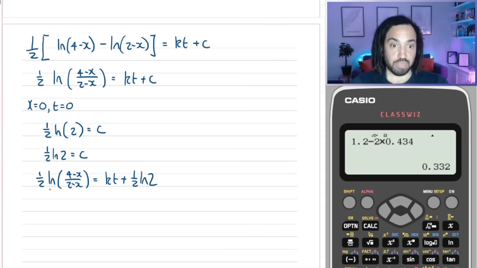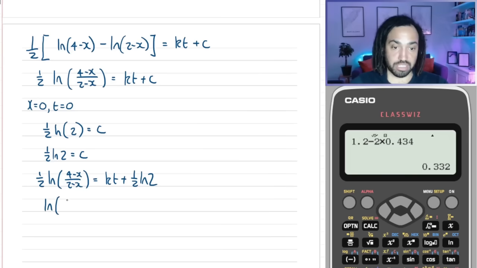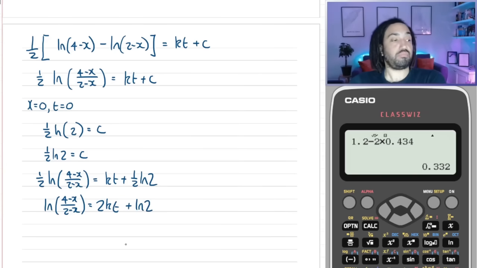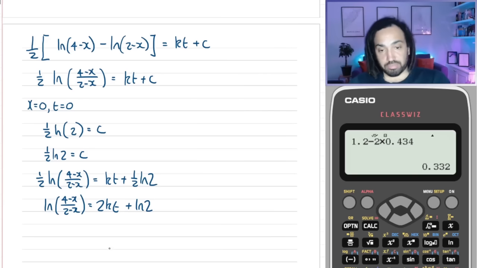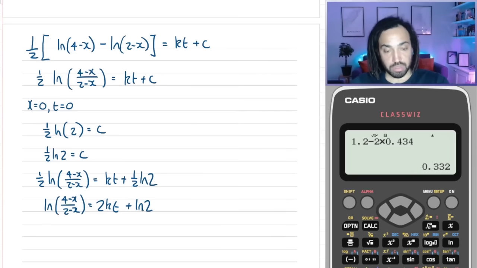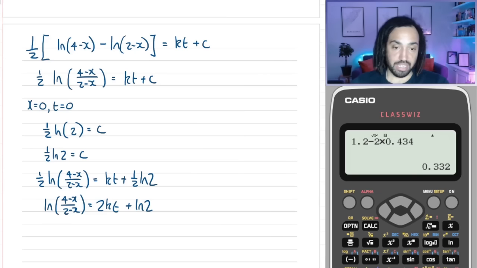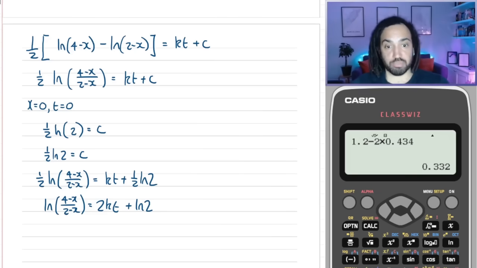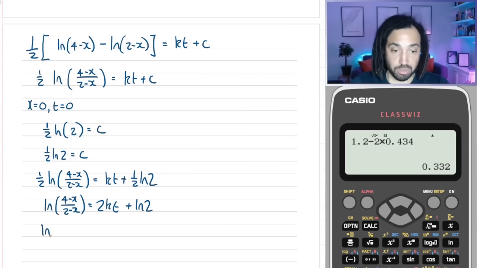Okay, now we're going to multiply through by that 2 to get rid of these halves. We're going to get 2kt plus ln 2. Now this ln 2, we're going to minus over here because we want all the lns on one side before we can take e of both sides. So in doing that, we'll have ln of (4 minus x) over (2 minus x) minus ln 2